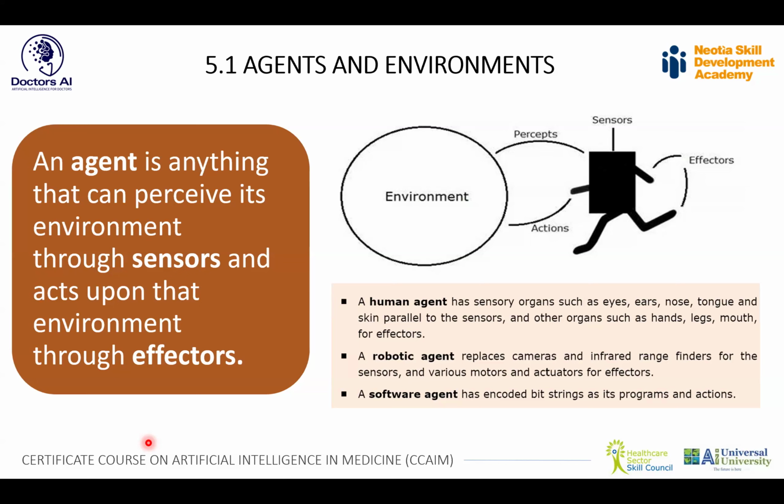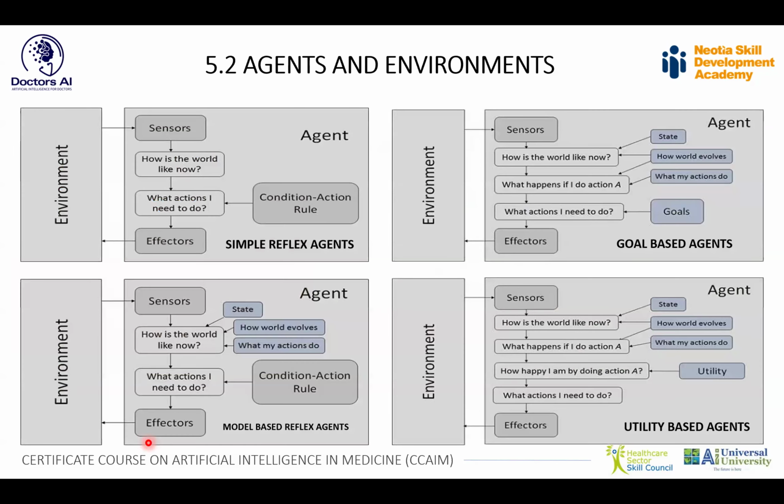So any kind of tool you look at in the ecosystem, whether it's software or hardware, it will act in this concept of agent and environment, and the agent will respond to a specific situation in the environment. That's exactly what we do as human beings as well. There are various types of agents and environments that we just need to understand and have an overview of. One is simple reflex agents, which are basically condition action rules. One is goal-based agents. One is model-based reflex agents, and one is utility-based agents.